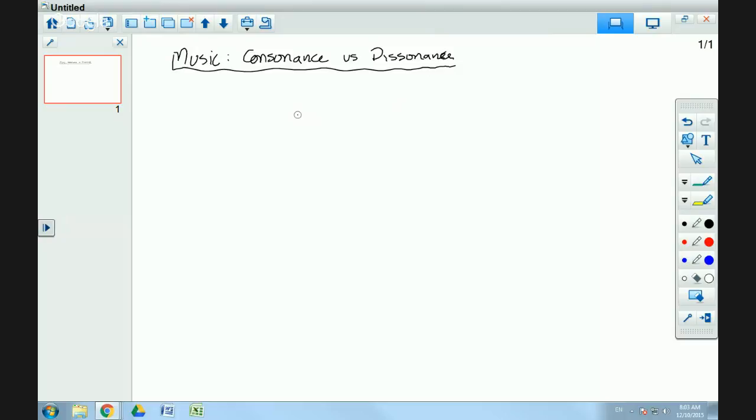So we're going to talk consonance and dissonance, in a mathematical sense. But what you need to understand is, in human terms, this is a nebulous subject. What sounds good to me might not sound good to some other person or culture. Different cultures have had different definitions of this. I'm pretty sure that Bob Dylan